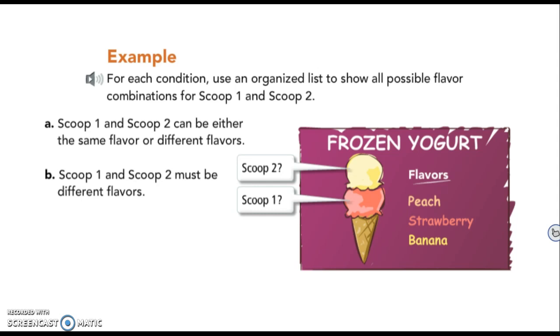For each condition, use an organized list to show all possible flavor combinations for Scoop 1 and Scoop 2. With Scoop 1 and Scoop 2 in letter A, they can either be the same flavor or different flavors. For this problem, we can make a list to show the possible outcomes. So for letter A,